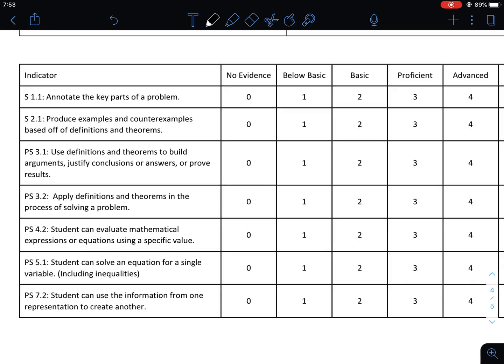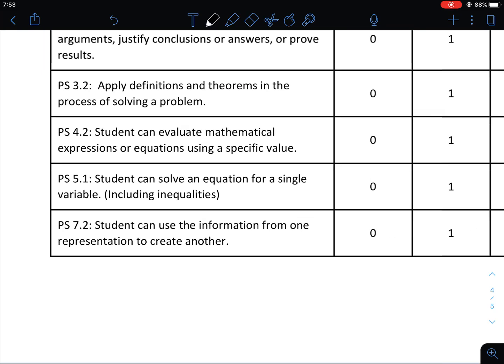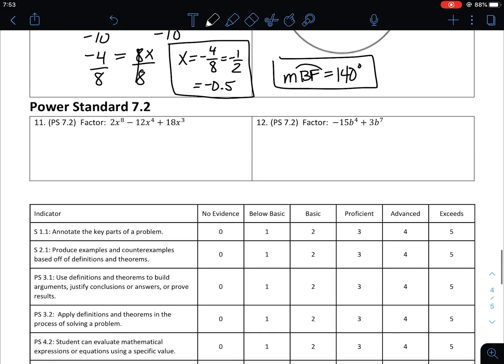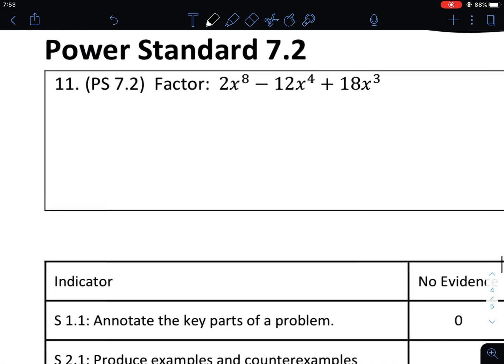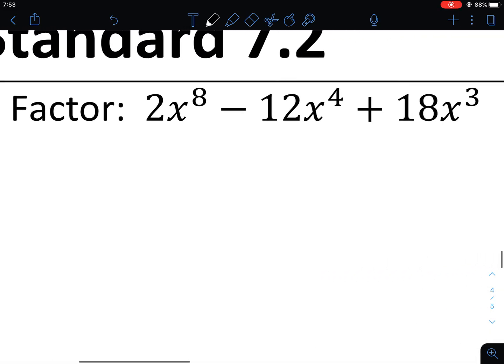Standard 7.2 says that a student can use the information from one representation to create another, and that includes factoring, because we're going to take the expressions and rewrite them in their factored form. We're going to create a different representation of the same expression. Now, when we factored, recall that we used prime